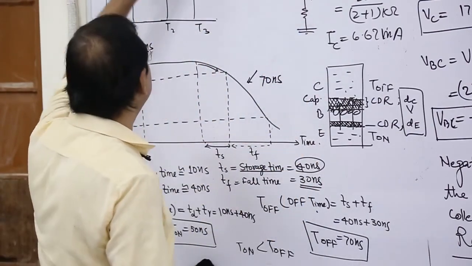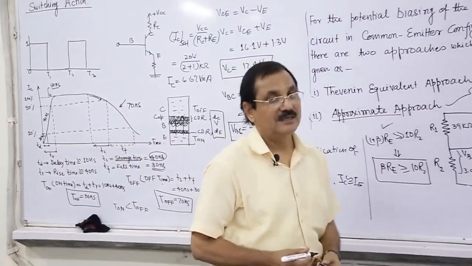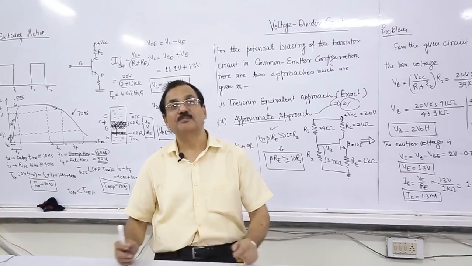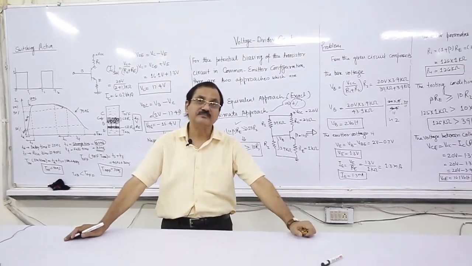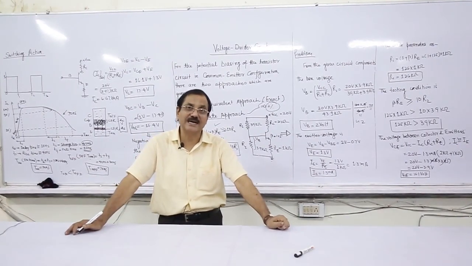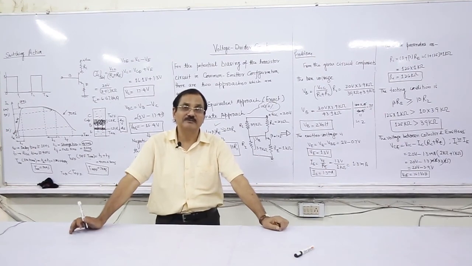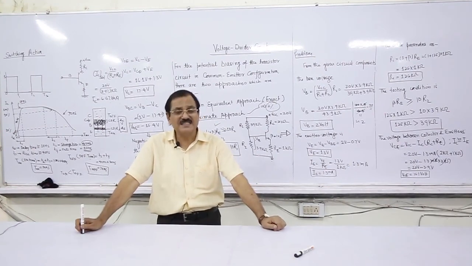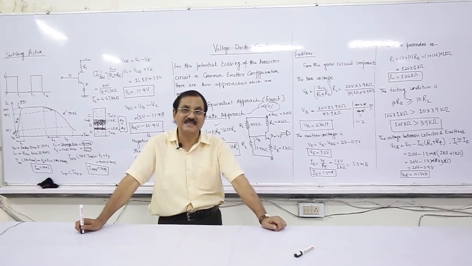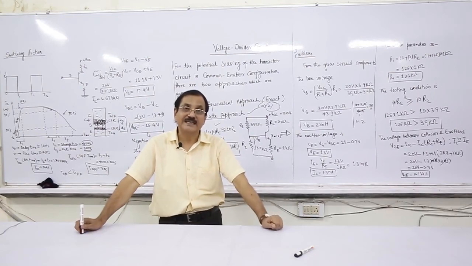So, this is the switching action of a transistor, which depends upon the voltage applied across the base through the resistances R1 and R2. In this way, this is part of the potential divider circuit, which is frequently used in many places. In the next lecture, we will discuss a very important concept, that is the equivalent circuit of a transistor using hybrid parameters.